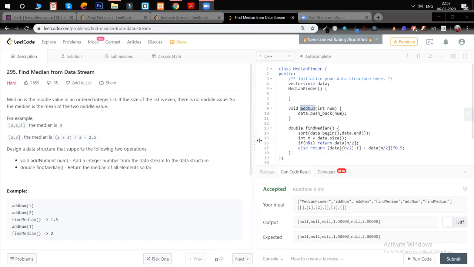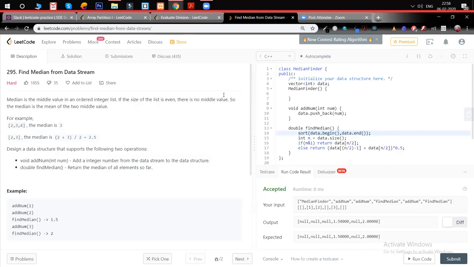The first intuition that I got from this problem is we can use a heap, because it should be sorted whenever we are adding something to the array. One more approach is we can sort the array whenever we need to find a median, and then look at the length. If it's odd, we can return just the middle element n/2, and otherwise we compute the median. So there can be two intuitions, one using a heap and one just sorting. This was the approach that I went for.